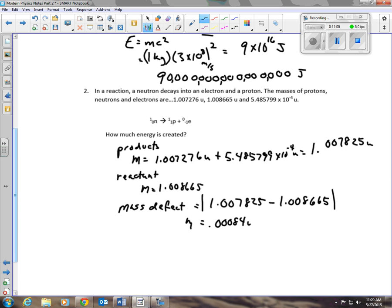Now, if I want to find out how much energy that is, I'm not going to use E equals mc squared, because I do that with my masses in kilograms. If my mass is in atomic mass units, then I just multiply it by 931. So my energy is going to be 0.00084 times 931 MeVs for each atomic mass unit I destroy. And what I get when I multiply those together is 0.782